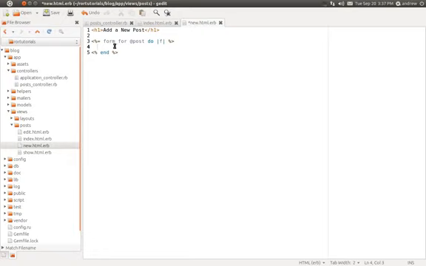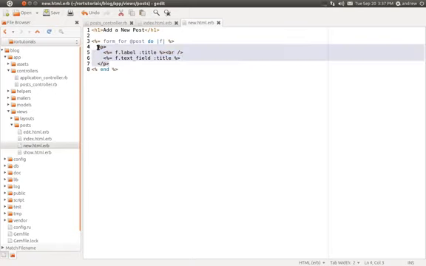We can use this to create some form fields for entering a new post. So I'm going to create a p tag here, and then I'm going to open up my ERB tags, and I'm going to create a label tag for the title, and then I'll create a line break here, and then I'm also going to create a text field for the title as well. So we have a label for our title, and we have a text field for our title. So we can duplicate this,